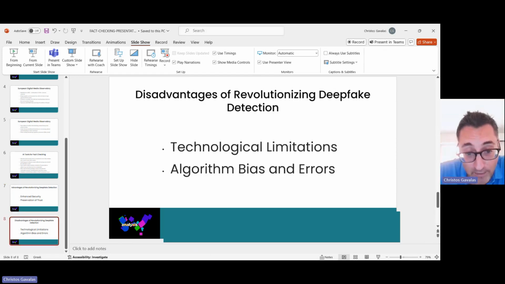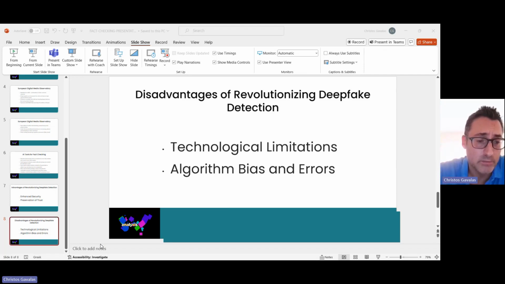But on the other hand, you have disadvantages. You need to always take into account technological limitations, because despite all the advancements that we've seen in AI-driven detection methods, there may be limitations, as I stated before, in detecting highly sophisticated deepfakes that closely replicate authentic content, posing challenges for accurate identification.